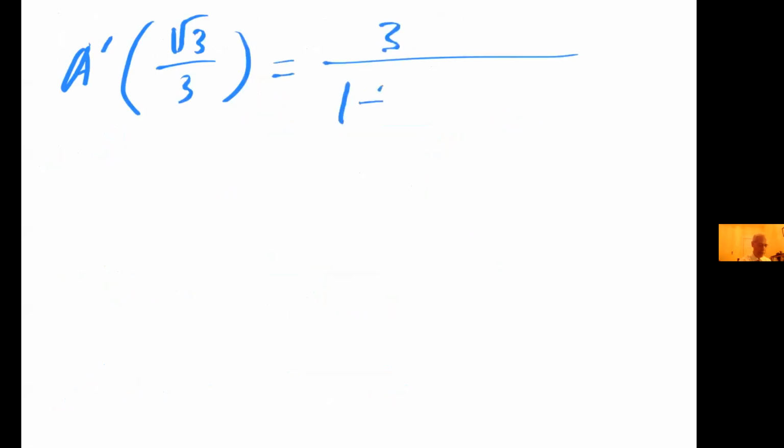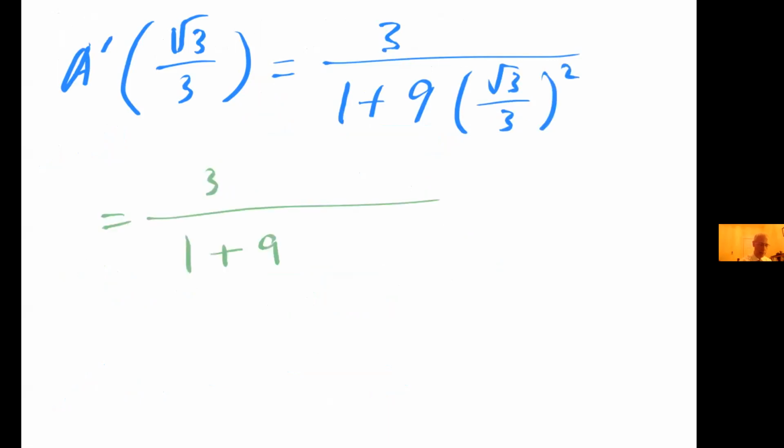So now let's find out what is A prime of root 3 over 3. That equals 3 over 1 plus 9 times root 3 over 3 to the second power. And that equals 3 over 1 plus 9 times root 3 times root 3 is just 3, over 9 squared is 9. And so I'm going to go ahead and cancel this with this. And my final answer is going to be 3 over 1 plus 3,